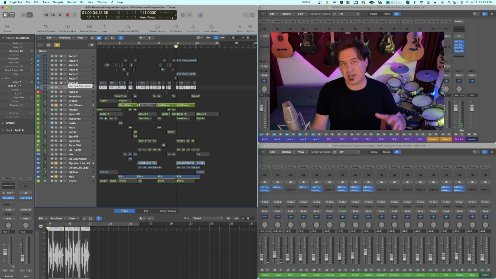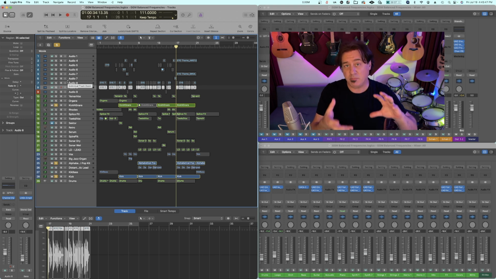Not too much low end. Everybody's kind of got their space. The three kicks are actually having their own little nuances together that blend into one big fat kick sound. And then when you add those basses in there,